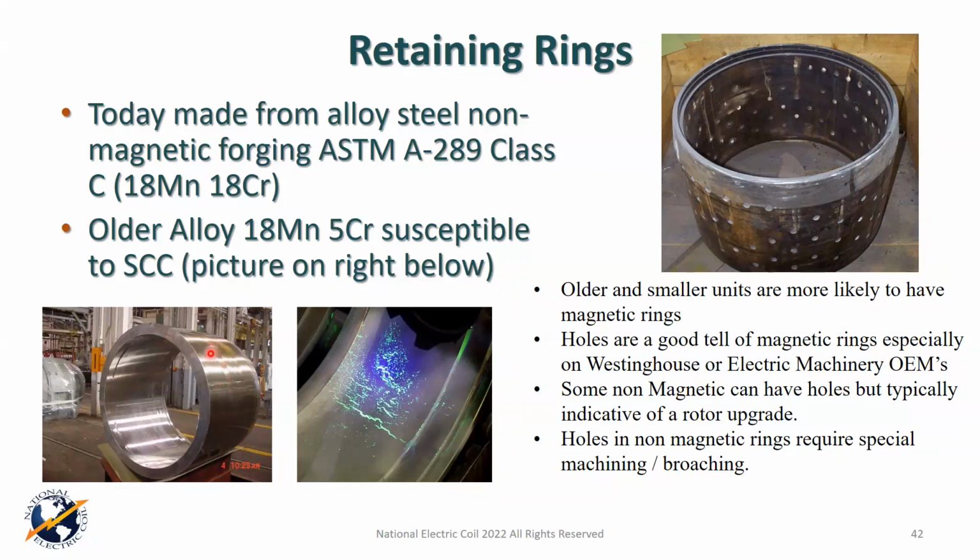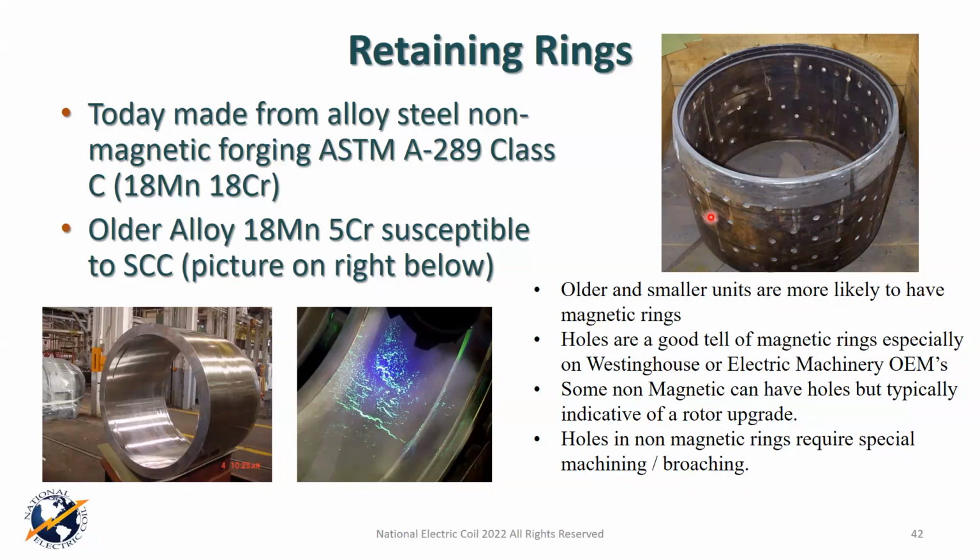Now it's hard to tell between the alloys of non-magnetic or the alloys of magnetic. But if you know it's magnetic or non-magnetic, go get a magnet. If it sticks to it, it's magnetic. If it doesn't stick to it, it's non-magnetic. It really is just that simple. All right. Now, as I said, the smaller machines and many of the older machines were magnetic. And one of the indications, it's not always true, but one of the indications that it probably is magnetic